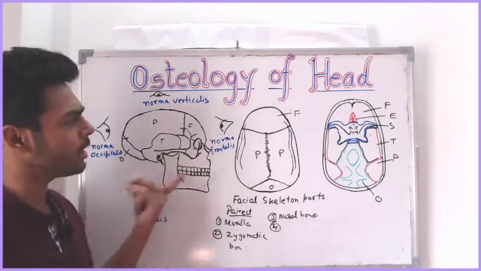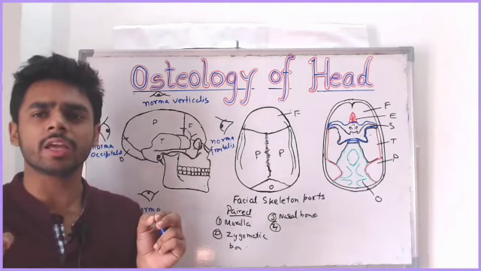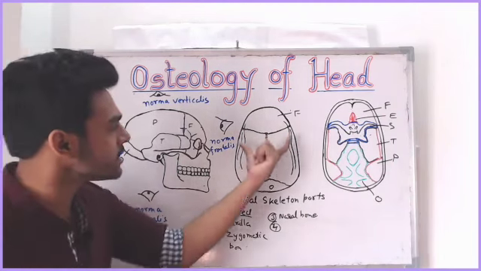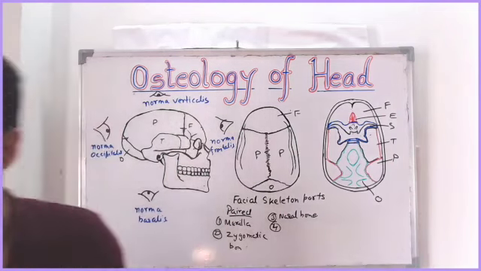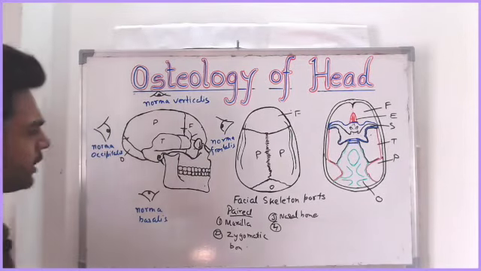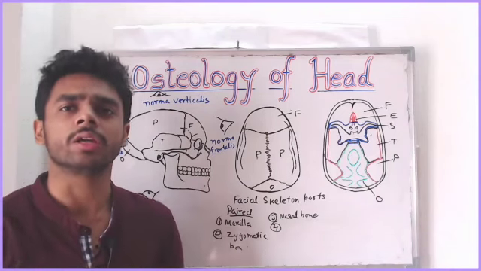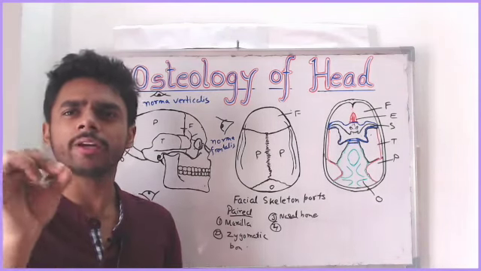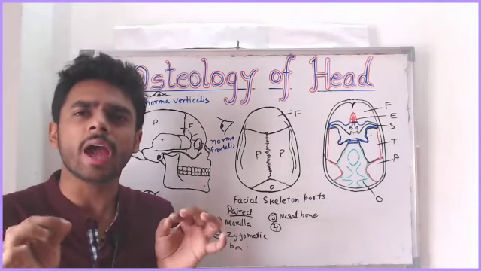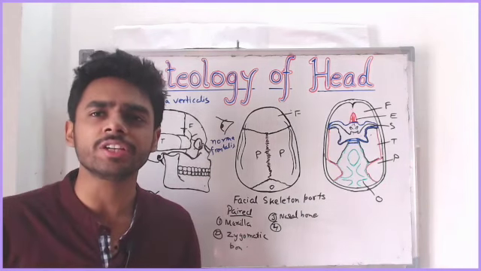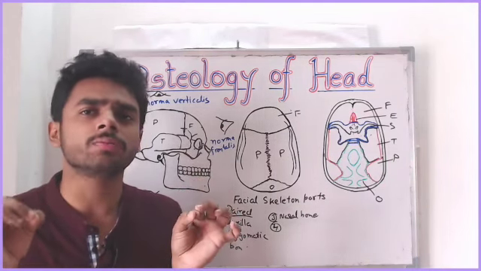So we will study about them in detail now. First, we will study about norma verticalis, that is this view, in detail. But before going into the detail of these views, first we will understand how to hold this skeleton to study. This is one more thing I would like to explain: while studying the skull, we have to place the skull in the proper orientation, which is called the anatomical position of the skull.